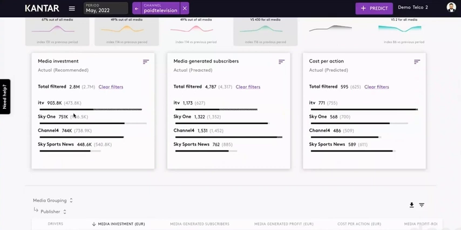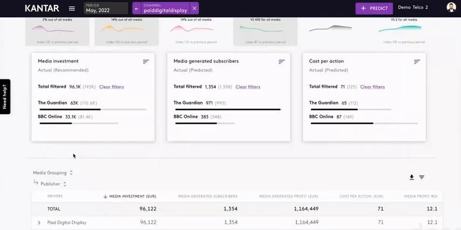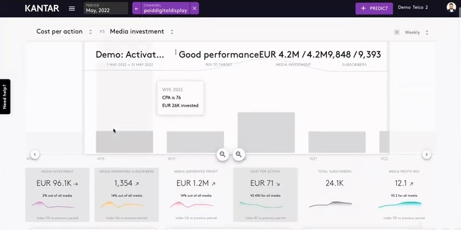So specifically, the platform says we should have invested less in ITV and more in Sky One and in Sky Sports News. And in paid digital display, for example, we should have definitely invested more in The Guardian and BBC. This is a functionality and something that can help us assess both campaigns, but also in-flight campaigns and guide us to